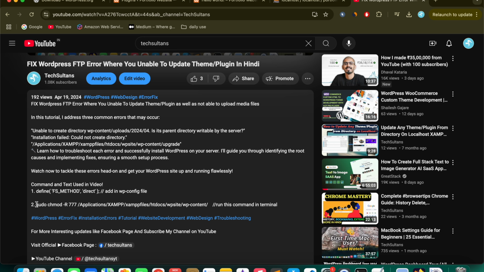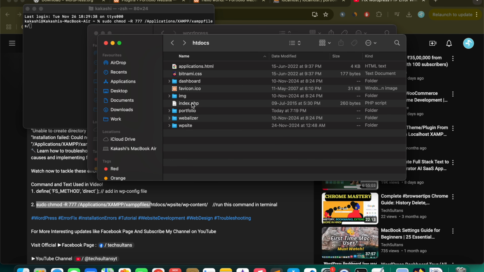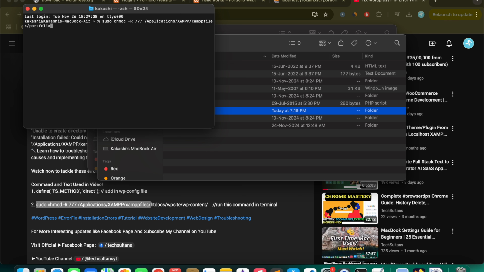After that, there is one more thing to do. We need to run this command, so we'll copy this path. For Mac, this is the path for our root directory, and it can vary from system to system. You need to check the correct path on your system. So we'll paste this, and here we will add our site name called portfolio. So we have added portfolio, so this will be the correct path. So I will enter, and it will ask for the Mac password. I am entering the Mac password, and we have,